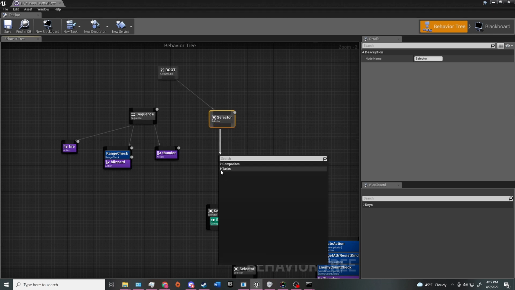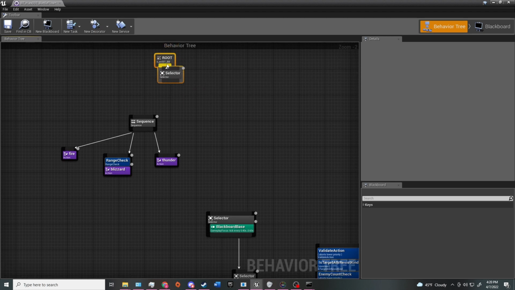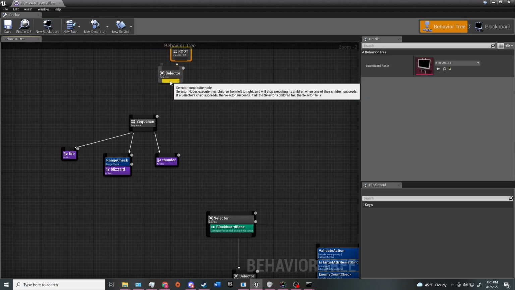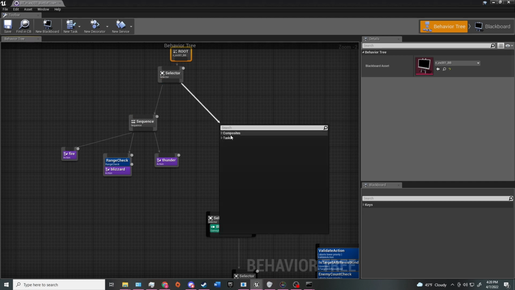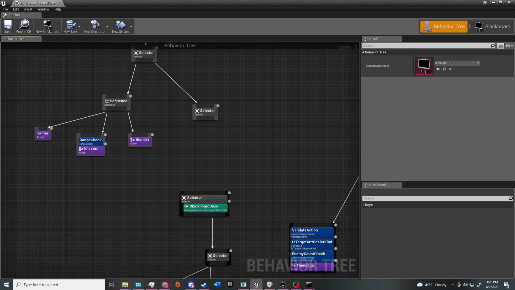Now, let's say we had some extra stuff over here. You can only put one composite node, by the way. That's a little tip. But you can only put one composite node connected to your root. You can't connect anything else. You can only connect one. Anyways,